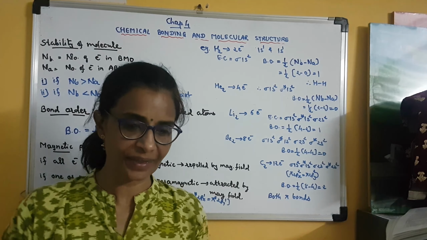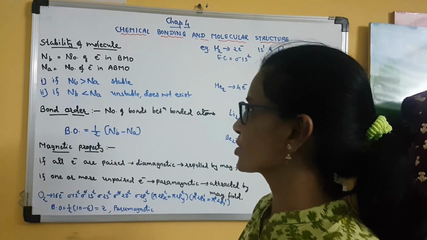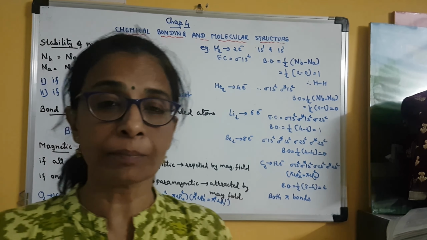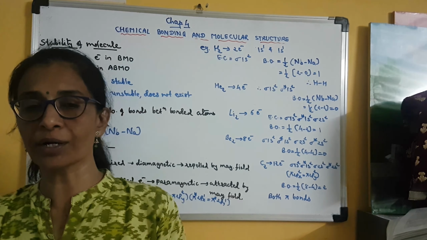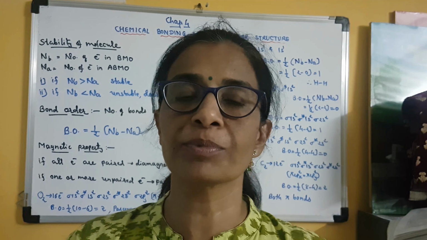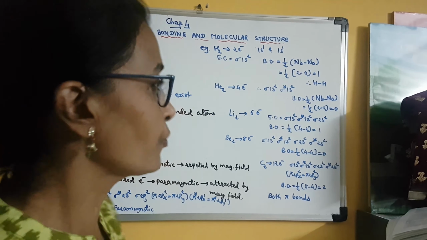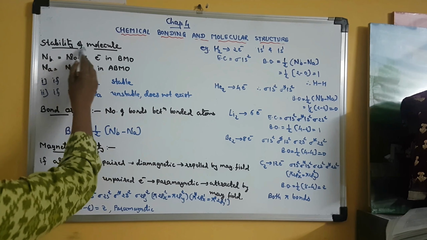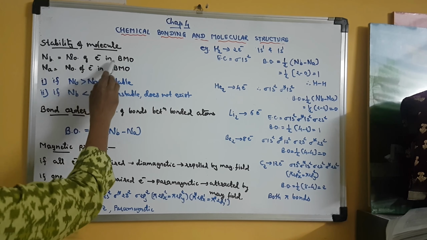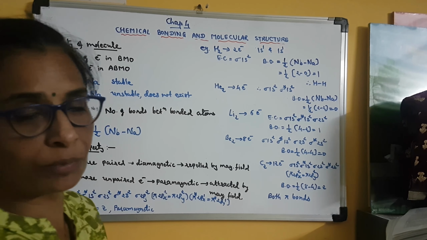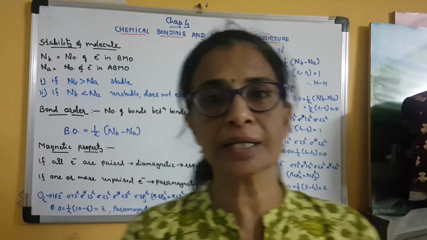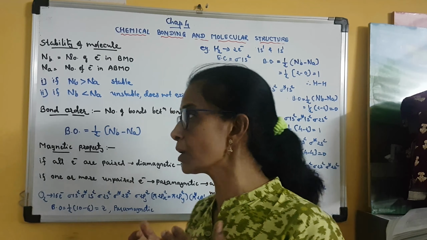Hello everybody. In today's session, we are going to discuss how the number of electrons present in bonding or antibonding molecular orbitals will decide the stability of the molecule. Clear? So for that, here I have written stability of molecule. Here Nb is the number of electrons present in a bonding molecular orbital, and Na is the number of electrons